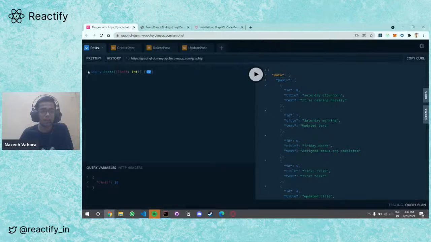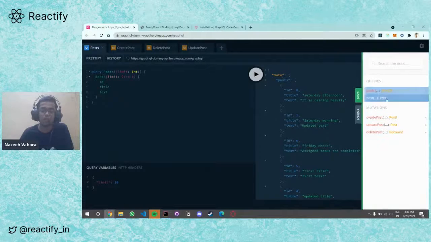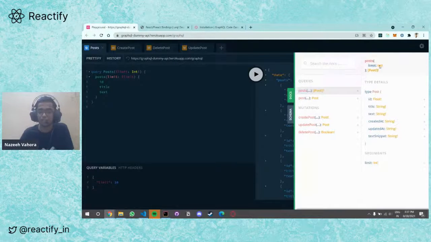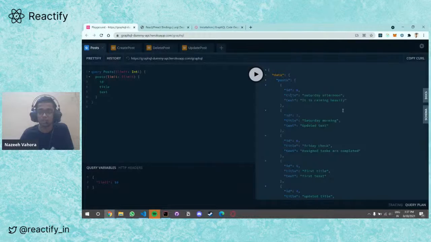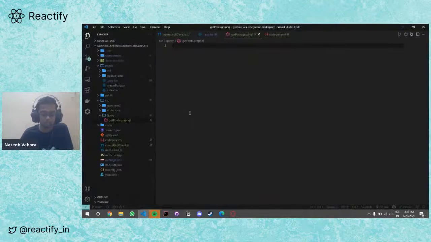I have already written this query following the doc specified over here. You can also write your own query by following the docs and all the information given over here. I just copy and paste it from here. Yeah, so I have also added the query.